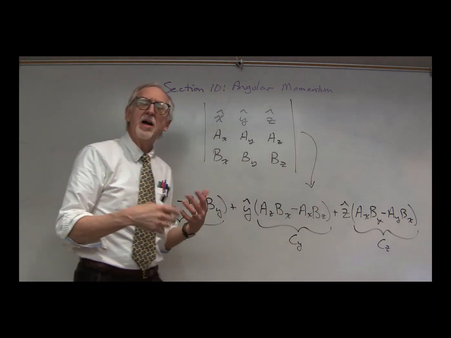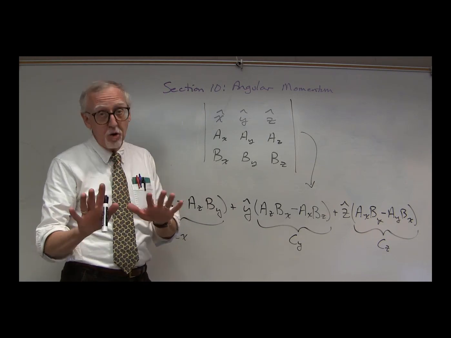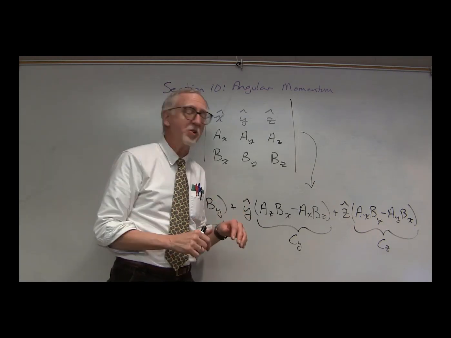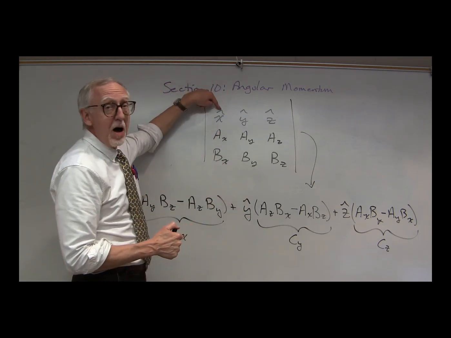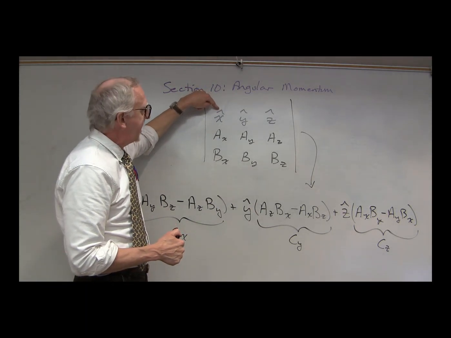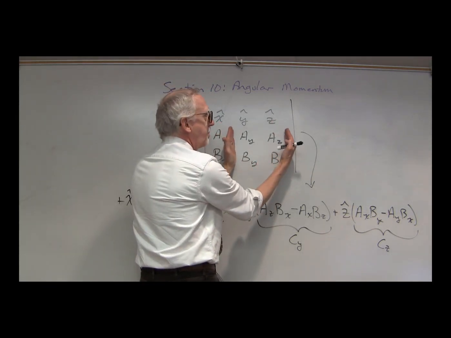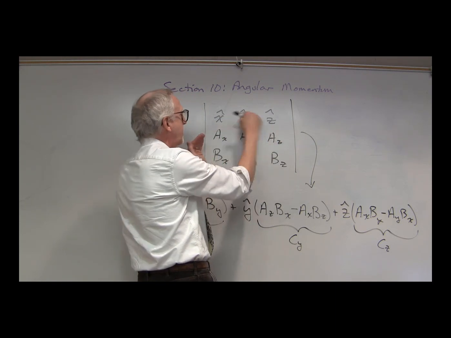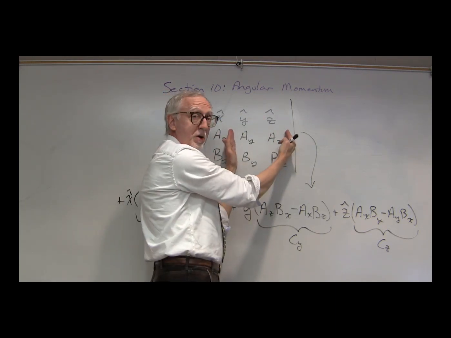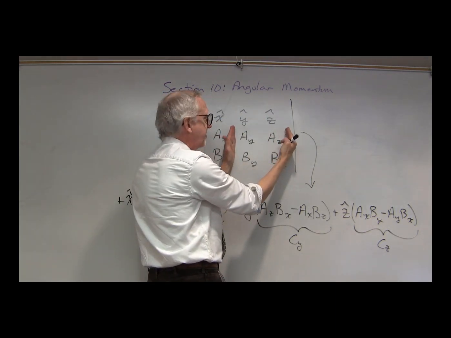In other words, remember, how do you take a determinant of a matrix? If you don't know, don't worry about it, but this is how you do it. You take the top first element on the left, x hat, and then multiply it by the determinant of the, crossing these out, the lower 2 by 2 matrix. Takes this determinant, which is